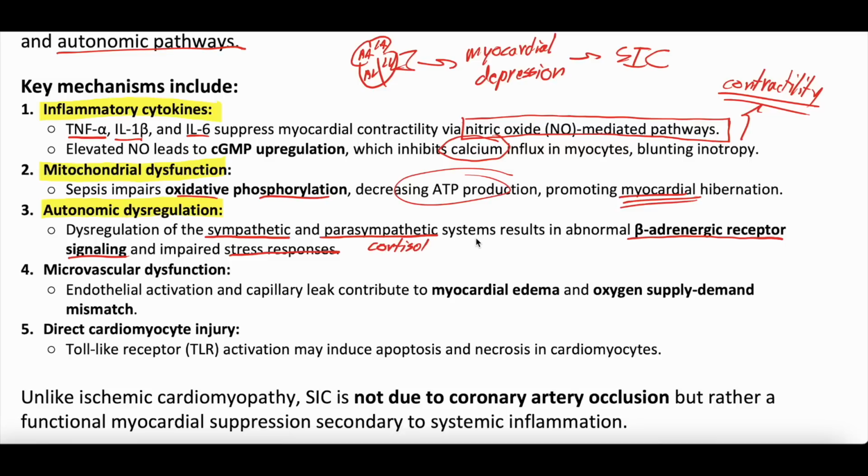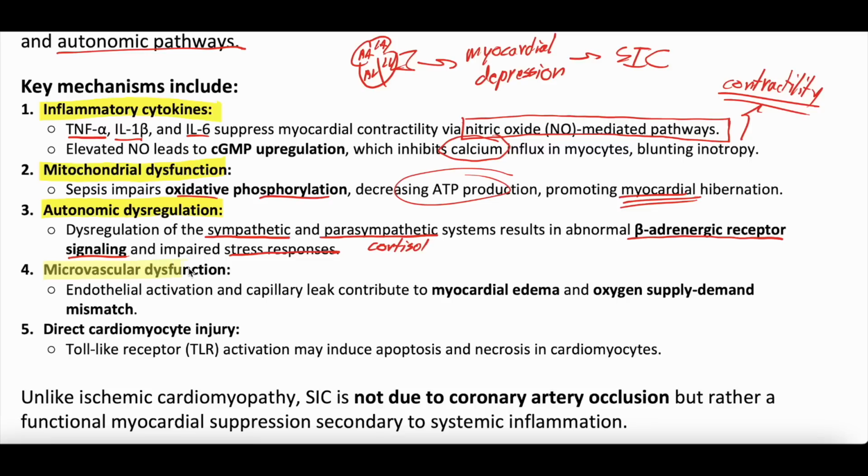And what we know is that in septic shock, some of these pathways have dysregulation, just like our immune response is dysregulated. And the dysregulation in some of these sympathetic and parasympathetic pathways can lead to abnormal beta-adrenergic signaling of the heart, and that can then lead to decreased myocardial function, or a dysregulated myocardial function. In addition to that, there's some evidence that in certain patients with septic shock, there's kind of relative adrenal insufficiency, meaning there's not enough cortisol being produced, and certainly that can contribute as well to myocardial dysfunction.